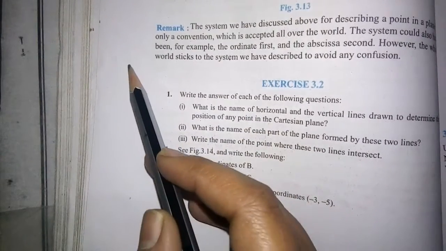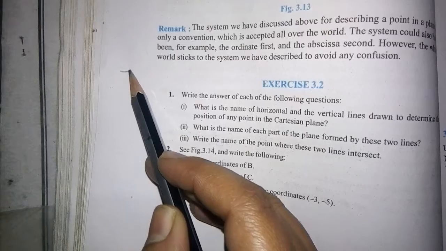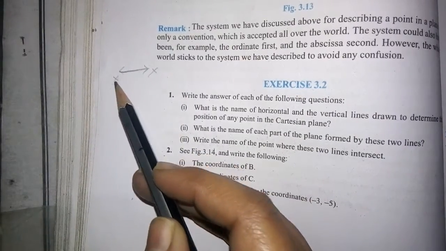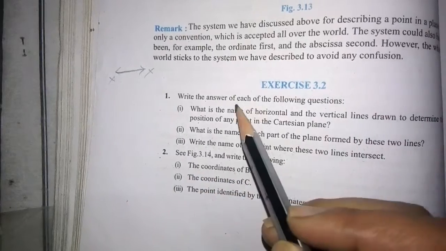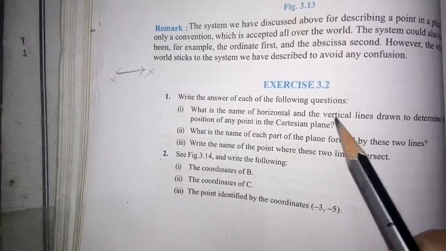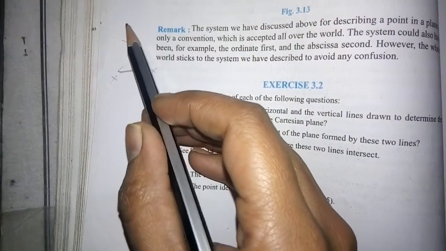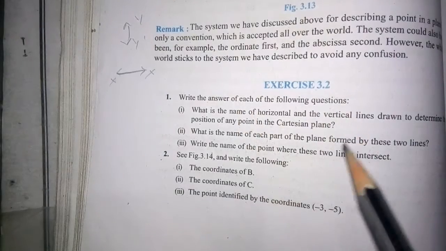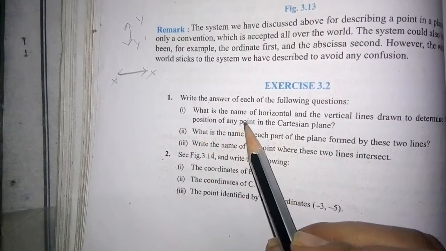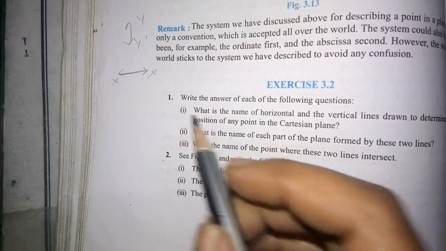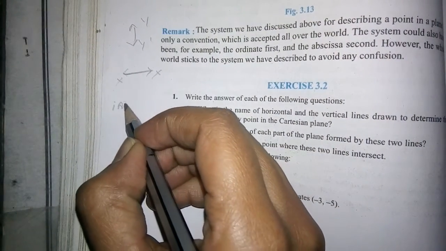Horizontal line. So this line is for x axis. Okay, x axis. So the horizontal line is for the x axis, and the vertical line, this one, is for y. So the vertical line drawn to determine the position of any point in Cartesian plane is y, the y axis. So answer of first question is